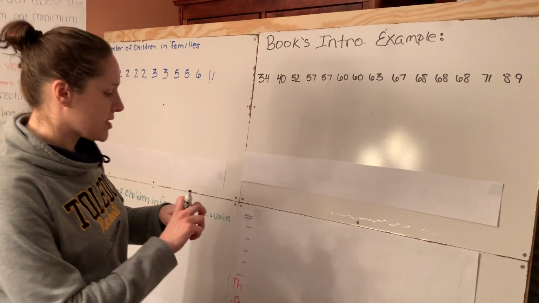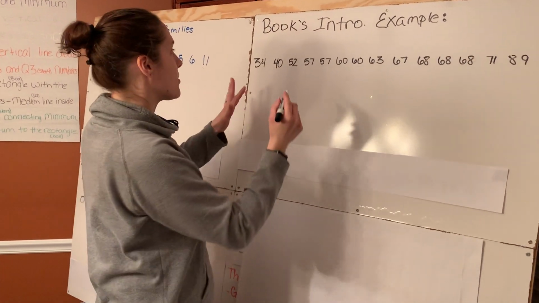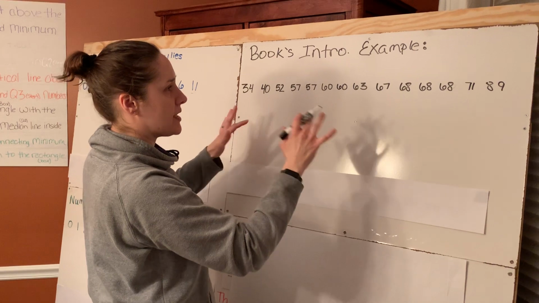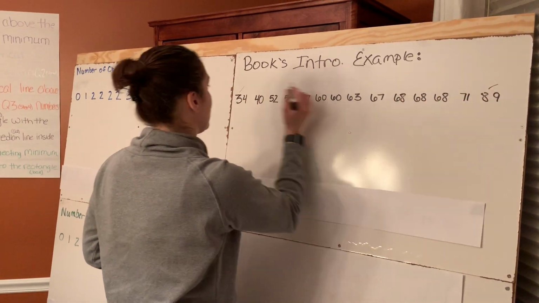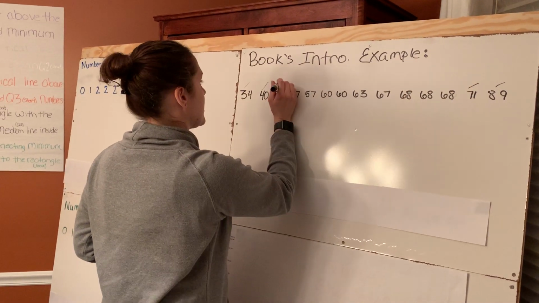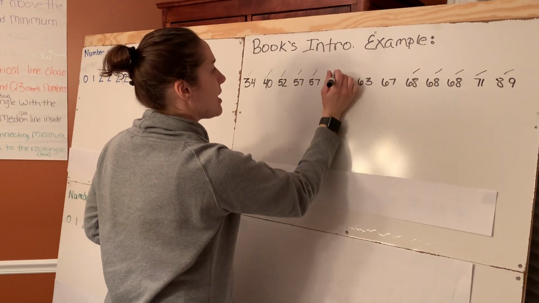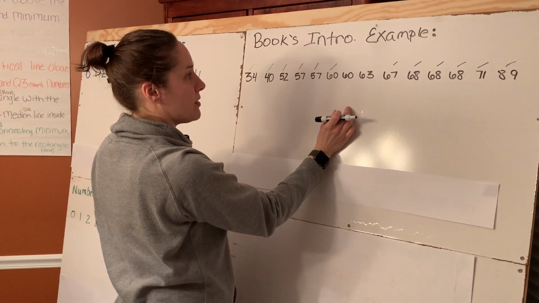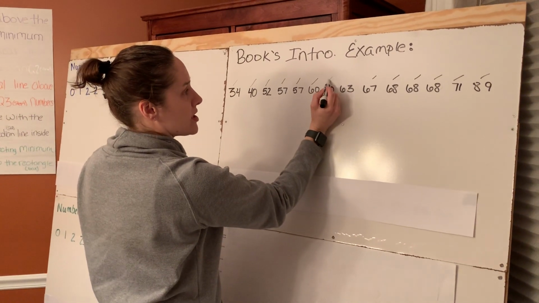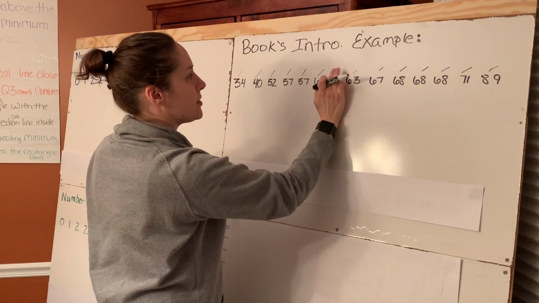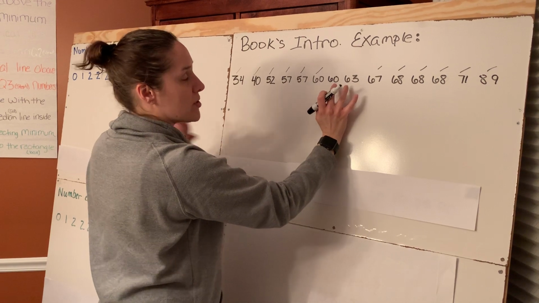So remember some of our clues about medians, we were crossing them off one end from the other. I'm not going to cross them off super dark right now because we need to continue to be able to see these numbers. So when I find the median, I'm just going to put my line at the top today instead of through the numbers. If you remember from the previous videos, we do one on the left and one on the right to come up with a middle number. But this is one of those trickier problems where I would cross off both numbers and then not have anything in the middle. So what we did here was find the number exactly in the middle of